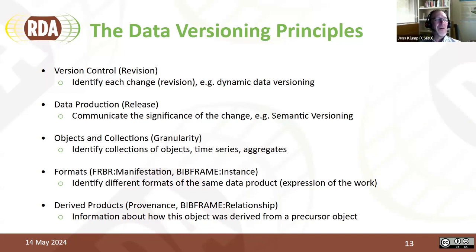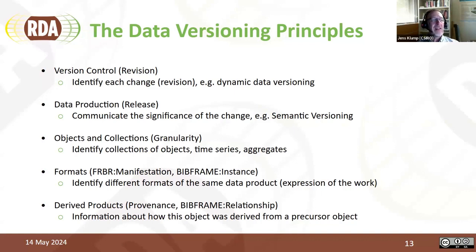And here it's really important to communicate the significance of that change. Semantic versioning, that you all know from software versioning, like 1.1.1 and similar things, are one way of communicating the significance of a change in a release.